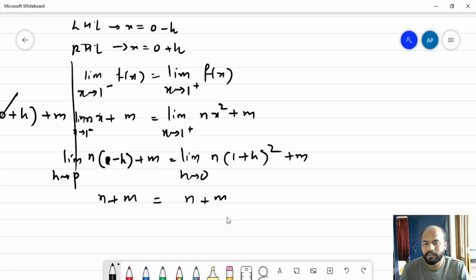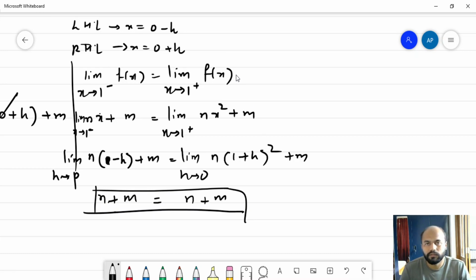Now, since we are getting these two equations, on this side we have something like this: n plus m is equal to n plus m. And the first equation that we got is n is equal to m. So from this we can conclude that n and m belong to integers, and it can be any possible integer. It's going to work out for all the integers. That is the answer to this question, because we are not getting a specific value of n and m after solving the two equations. So it is valid for all integers.